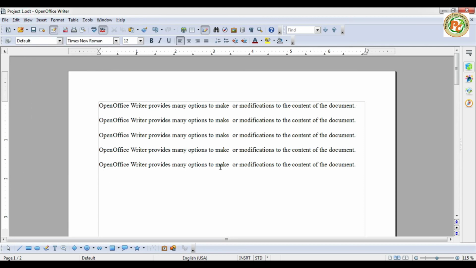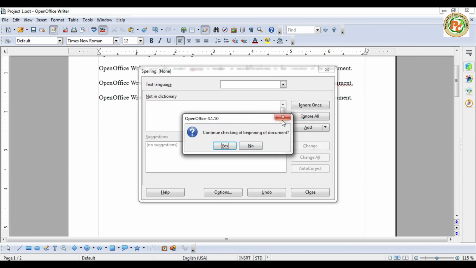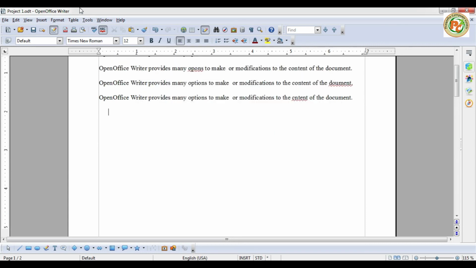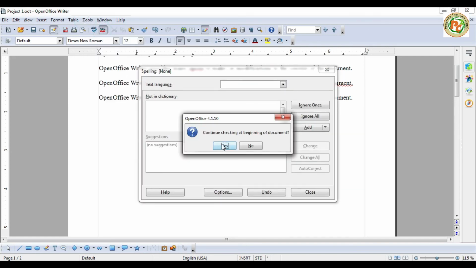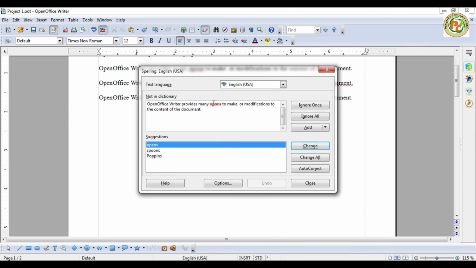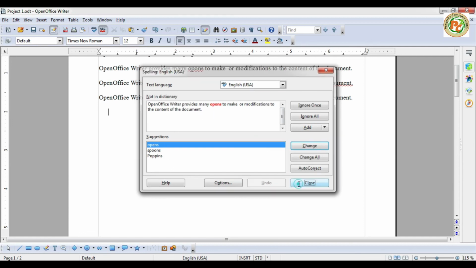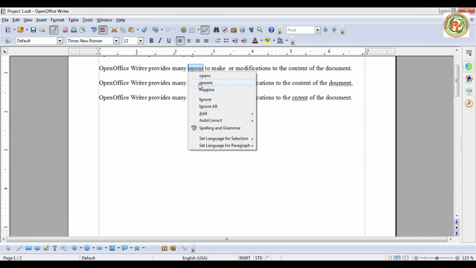Okay, now if you want to check the spelling, like I have made some mistakes here, and also made some here, so you can see some errors are there. I want to check the spelling, so just click on F7 on the keyboard. Another option is to go to the Tools menu and click on Spelling and Grammar, and check the entire document. If the first option is not the correct answer, we have to find out the correct one. If it is not finding it, then we can close it and right click on it and change it.